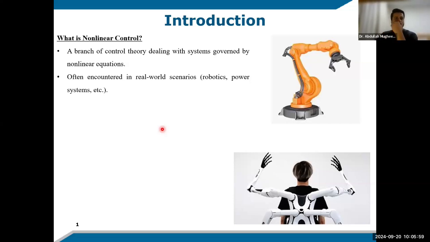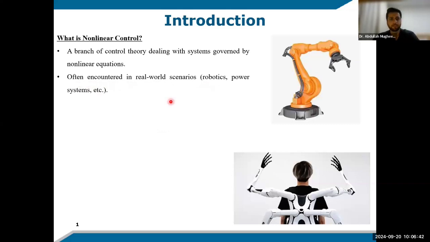Okay, so this is the basic idea between linear and nonlinear control, the linear and nonlinear systems. And if you think about it, all major real life complex systems are nonlinear systems. Okay, very limited and some very simpler systems are linear systems. Often encountered in real scenarios, these are robotics, power systems, grids, electric vehicles, the UAV systems, even electronic equipment and computers and a lot of things. They all behave in a non-linear